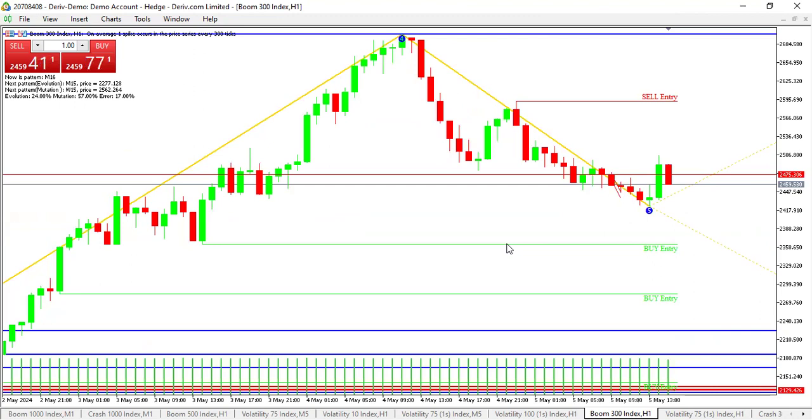I think you can all see what's happening on Boom 500 right now. Here, we've got what is called a descending channel. This is what is called a descending channel. Then this is an ascending channel on H1. So if you see that kind of a scenario, even if I draw a channel here,